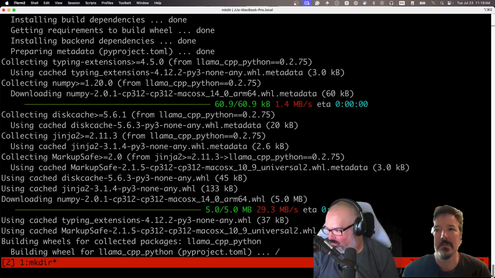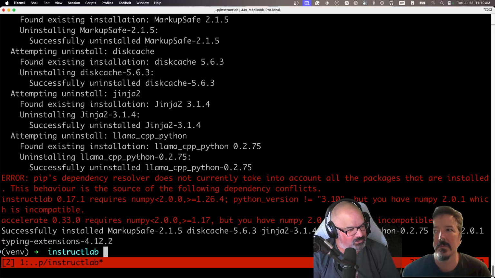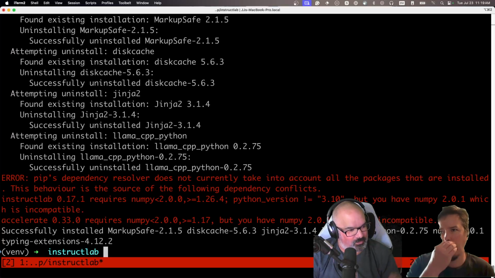All right. And what we're going to do also today is play with the Granite model. So by default right now, as of 0.17.1, which is the one we're running of InstructLab, it defaults to the Merlinite model. We're going to force the Granite model, which is from IBM Research, and I'm going to let Paul talk about that for a second. But before I say that, I do want to point out that you do see this